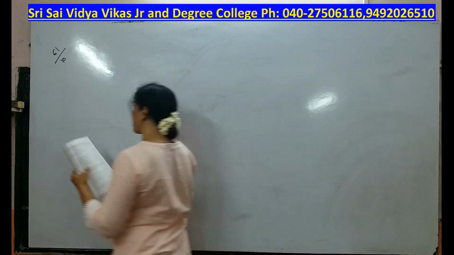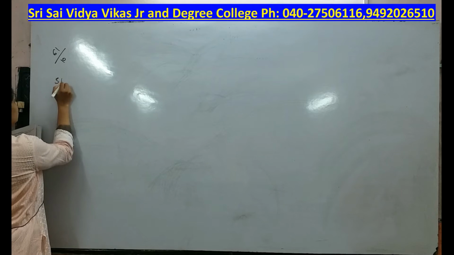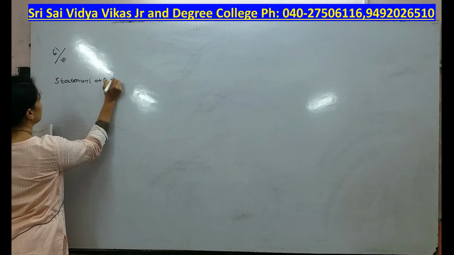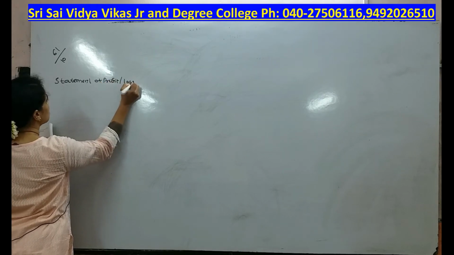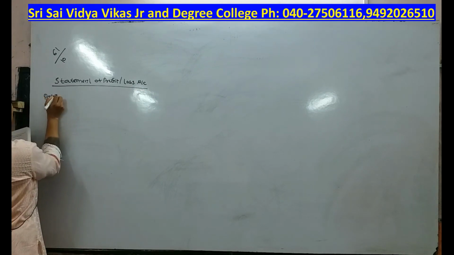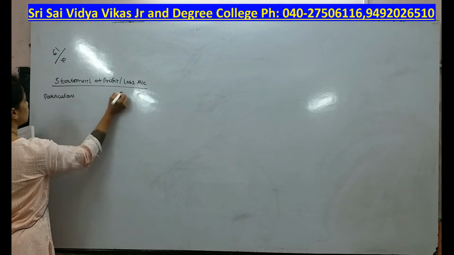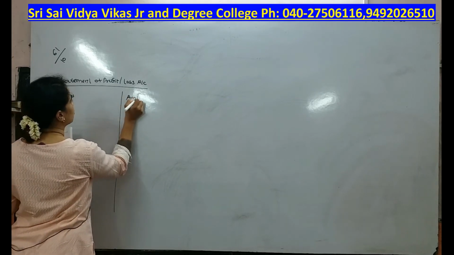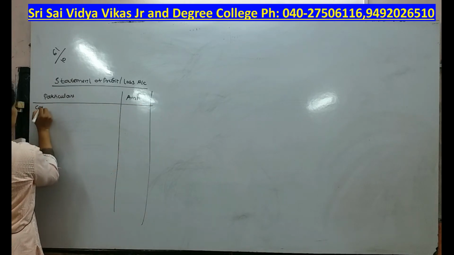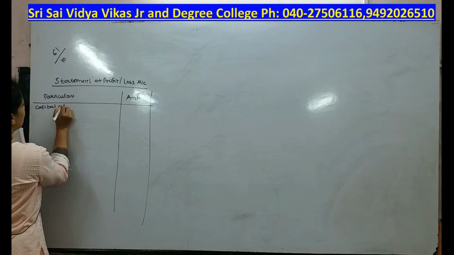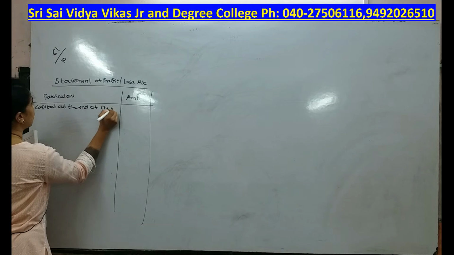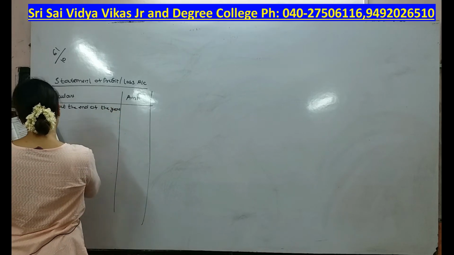It is very straightforward, students. First I will write the statement of profit or loss account. Then we'll draw the format, that is particulars and amount. We already know the formula, the same formula we need to write down. First line, capital at the end of the year. What is the amount? Capital at the end of the year is